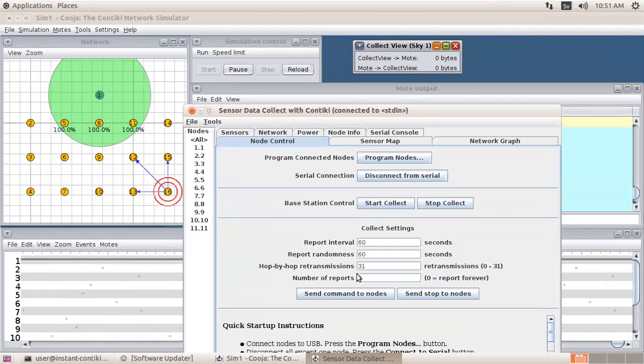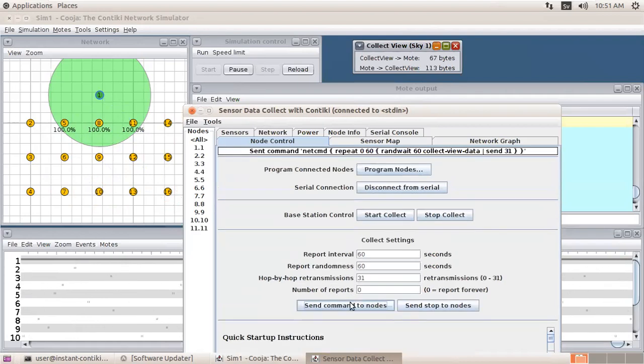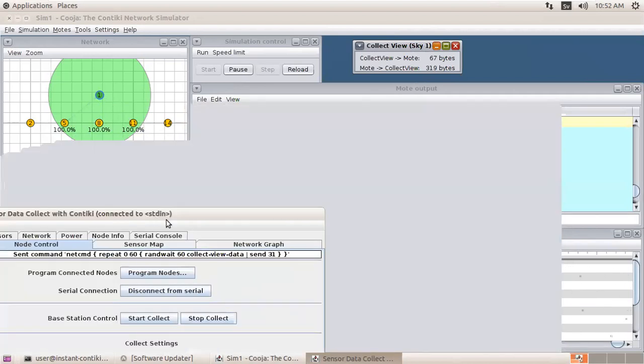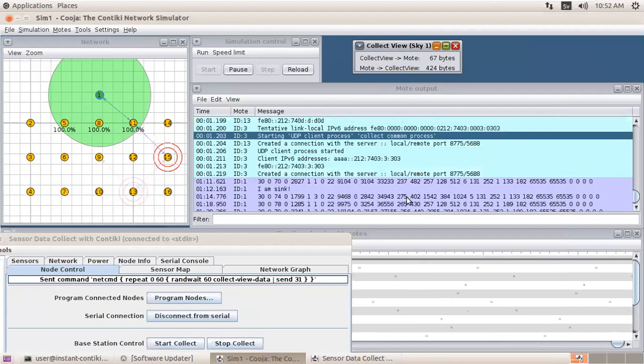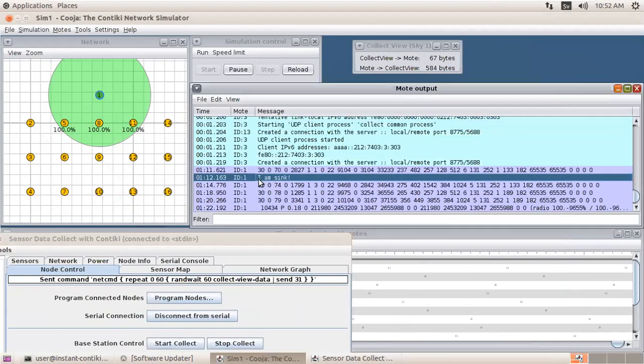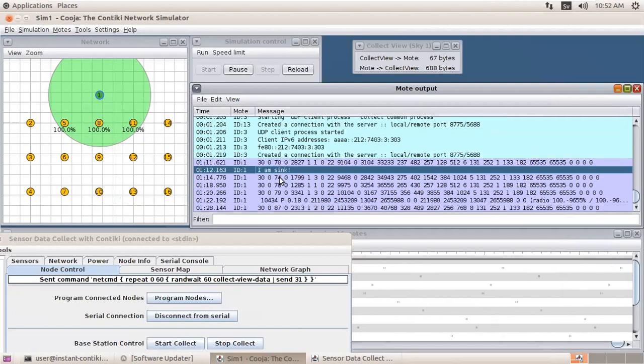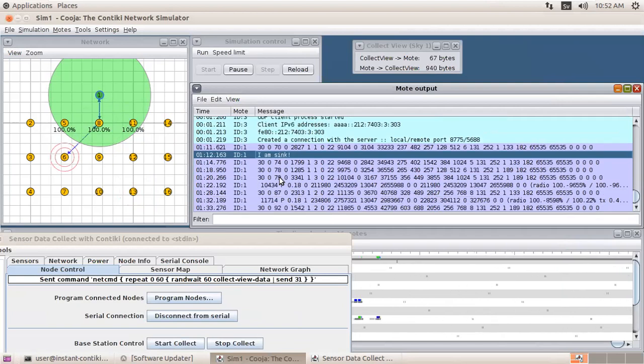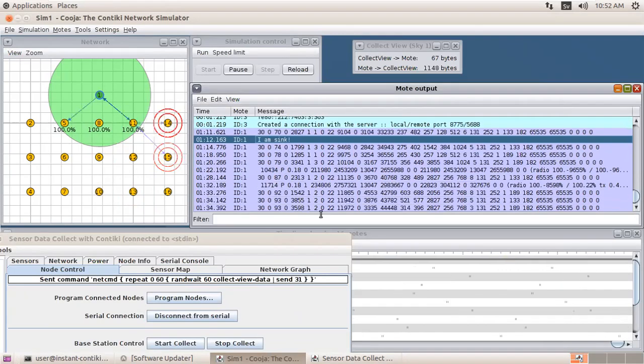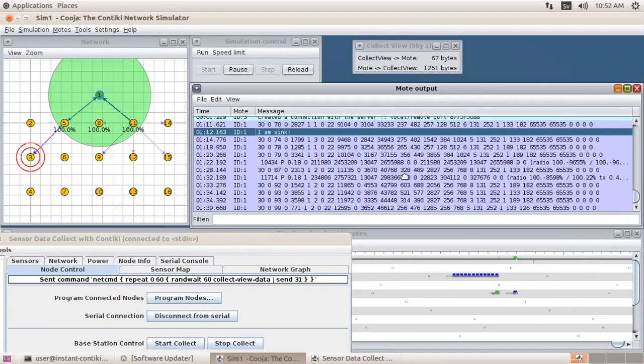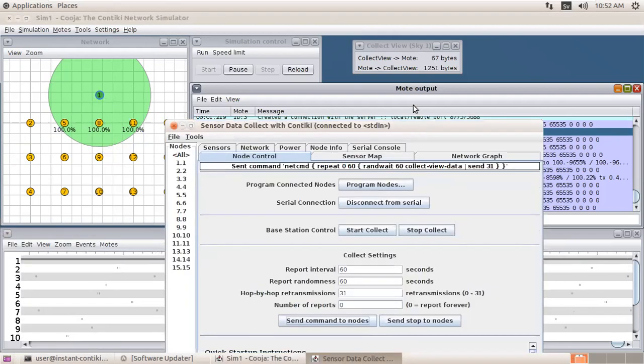For that, first of all, we need to send a command to all the nodes. Once we click on send command to all nodes, you can see over here it says I am a sink. So it will tell all the sender nodes that yes, I am a sink, and you can send your data to me, right? In this manner.